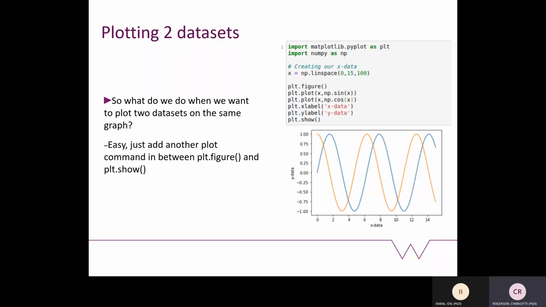So now we know how to plot a simple dataset. How do we plot multiple datasets on the same graph? Well, it's really simple. All we need to do is add another plt.plot line, same as previously done. In this example, I have added in the cosine data to be compared to the sine data. Note that Matplotlib by default will make these lines different colours if the colours are not specified. You can add as many data sets as you wish, either individually or as a result of a for loop